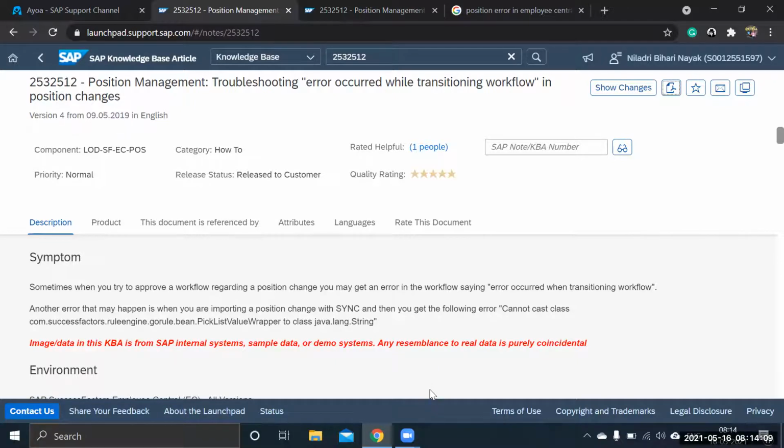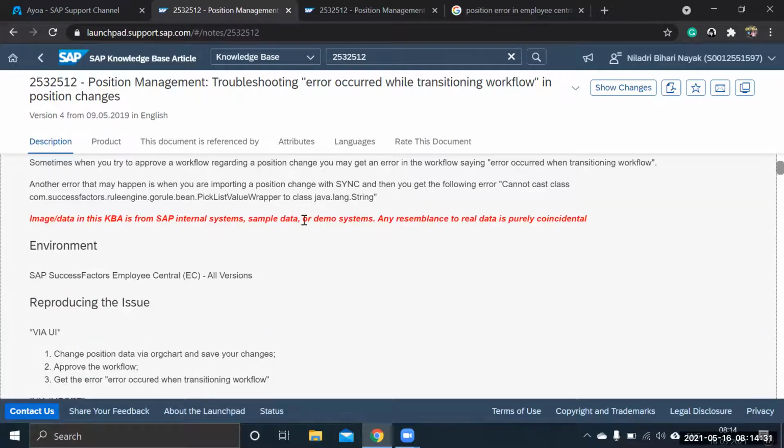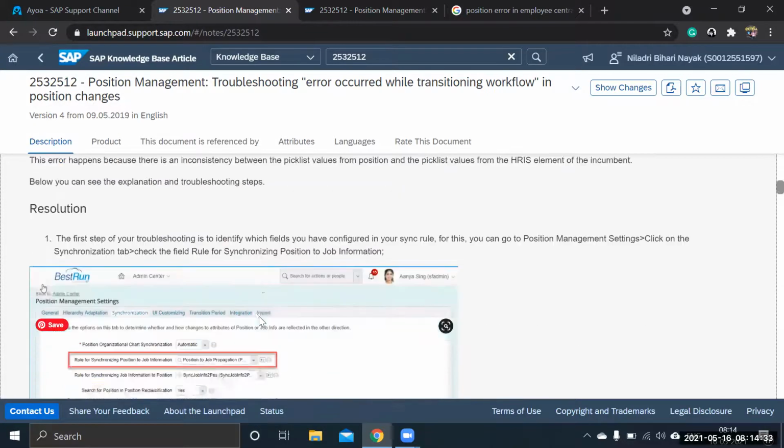As an action item, you can log into launchpad.support.sap.com and you can see all these features. Just explore them, like how to search a KBA, how to raise an expert chat or a written incident. You can just try something, and you will learn more about it. This is all about it.